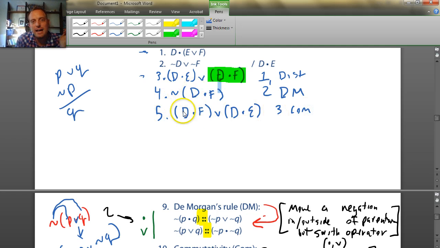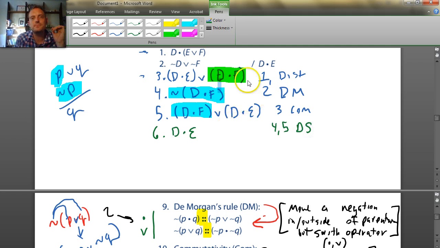And now I have it set up. Remember the rule, this here is basically a substitution instance of a P, and here's my not P, so I can get rid of it. So what's line 6 going to be? Line 6 is going to be D and E, lines 4 and 5,